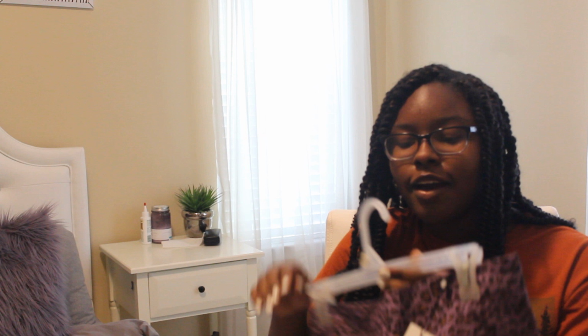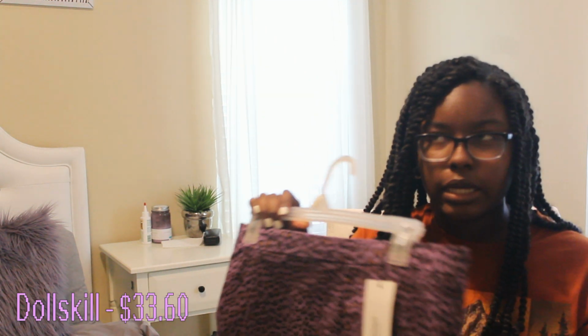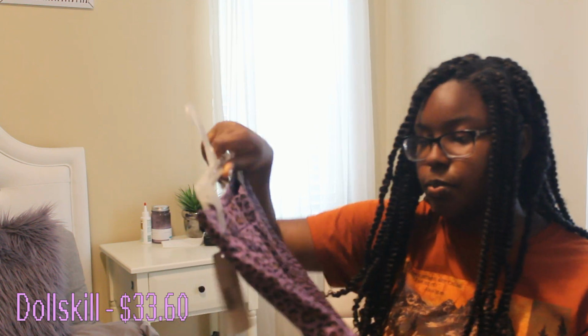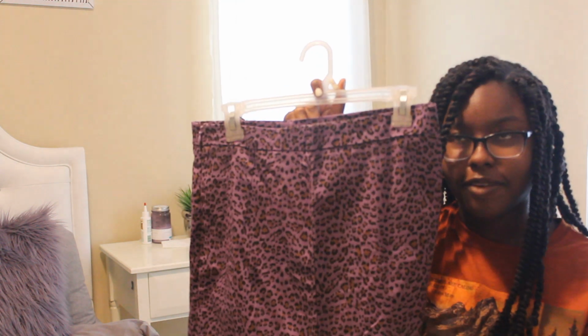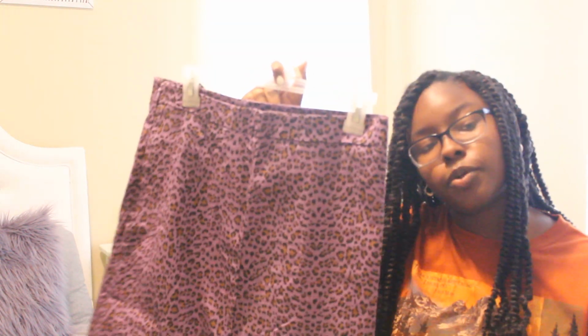So now I have two skirts to show you guys. I've been really getting into skirts recently. Shockingly, I've never liked skirts or dresses before, but I've been getting into them. So here's the skirt. This is like an A-line skirt, I believe. It's just this purple cheetah print. Purple, my favorite color. It's like purple, brown, and black cheetah print,